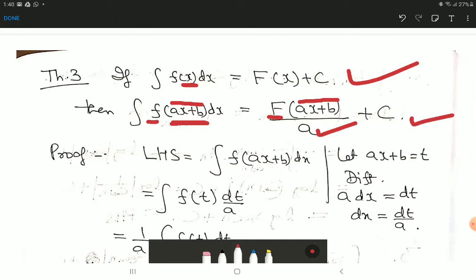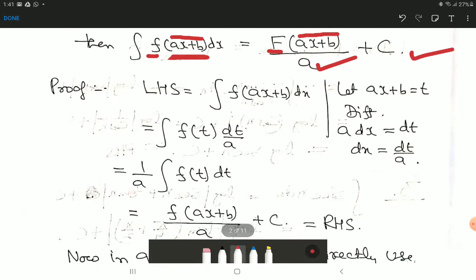Right? How is it applicable? You know many formulas on integration. You know integration of 1 by x is log x plus c. So what will be integration of 1 upon 3x plus 5? Just like integration of 1 by x is log x plus c, so integration of 1 upon 3x plus 5 should be log of 3x plus 5. But the only thing is you will have to divide by the coefficient of x, that is 3. I will take one more example afterwards. Let me first prove the theorem.